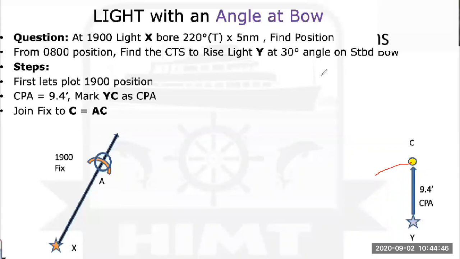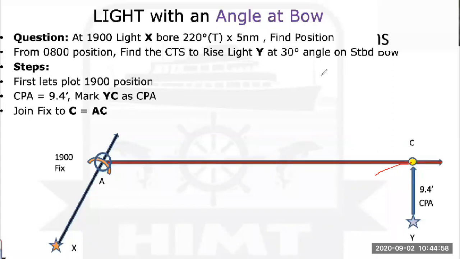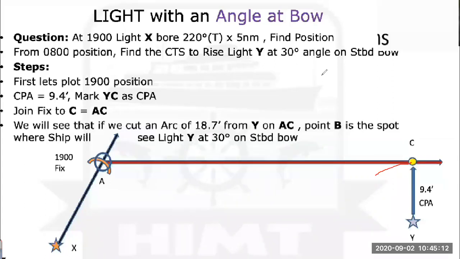Okay, I've messed up the sequence. I'm going to correct the sequence the moment I finish this. So I should not have plotted C, I should have plotted an arc. And you will draw a tangent to that arc. And that tangent will look like this. The point where it intersects, that is Charlie. So your Alpha Charlie, can you see the color? No current, so it is a CTS.